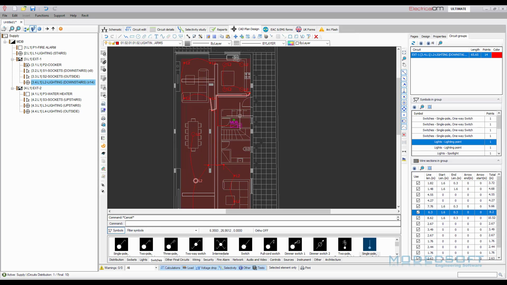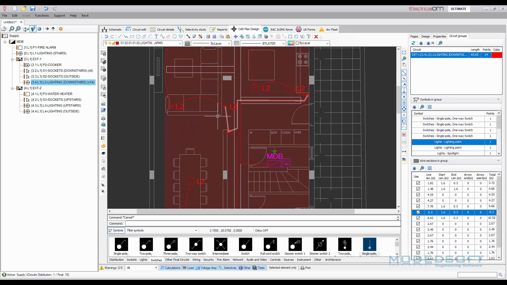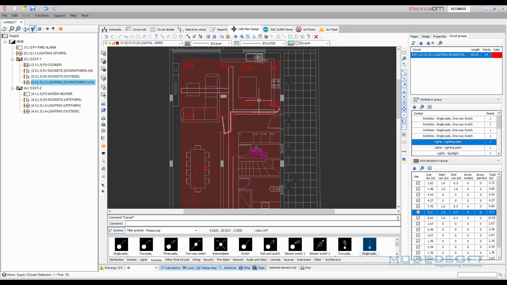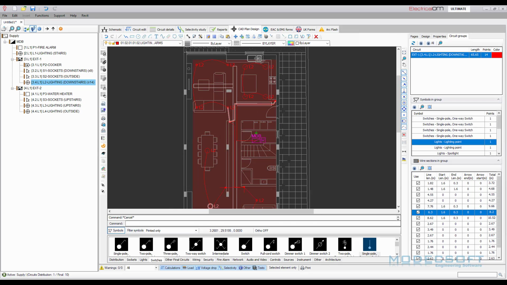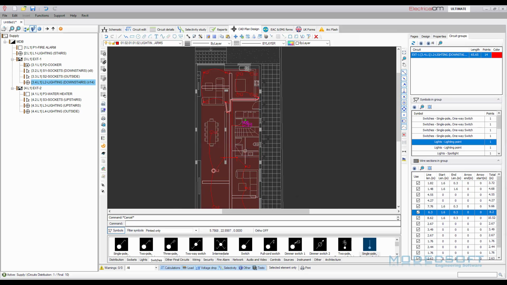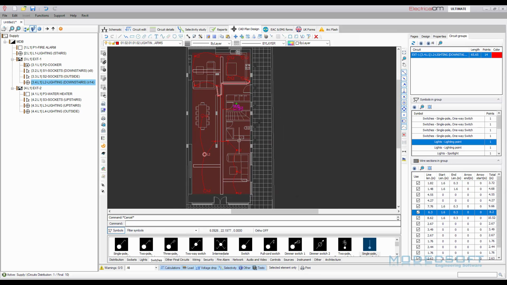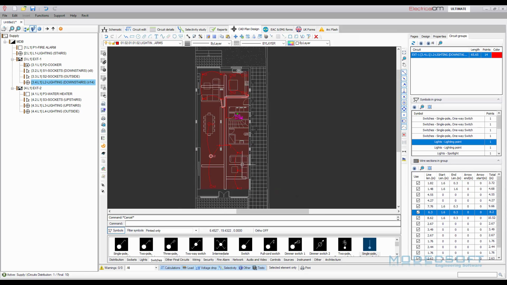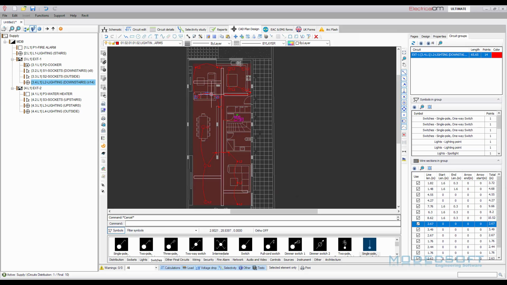So for instance, in this case, we don't want to use this cable here, and also this one here, because we consider that we are going from this switch back to here and connecting the rest here. So we consider that this wiring is the farthest point of our electrical network. So we are going to select this area here, and also we can select it from the circuit groups as well. So we can move and select different places and deselect it from our measures. As you can see,